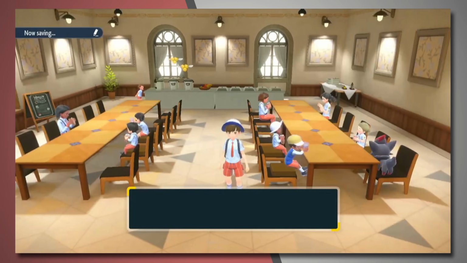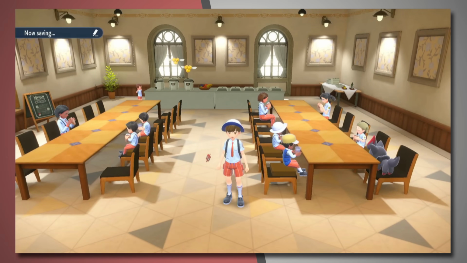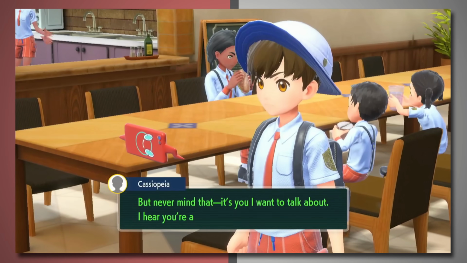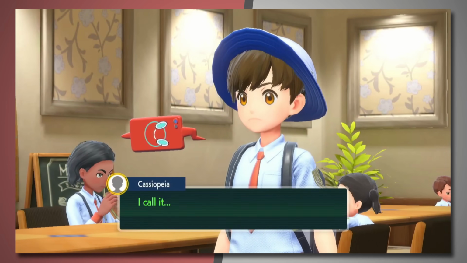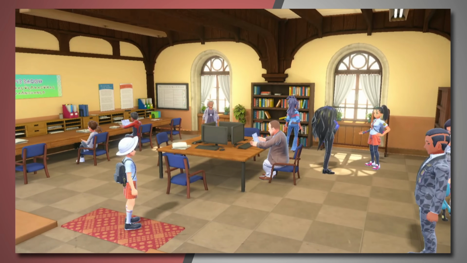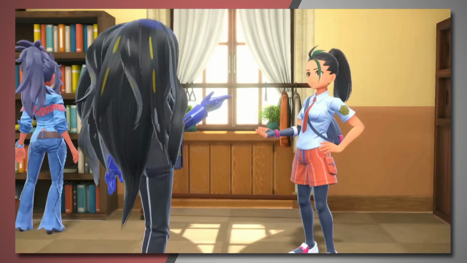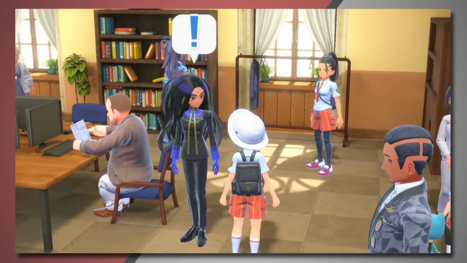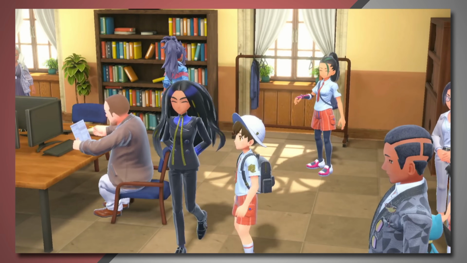Before we can leave the cafeteria, we get an anonymous phone call from someone who calls themselves Cassiopeia. The mysterious caller then asks us to help take down Team Star. Next we head up to the staff room where we find Pneumonia talking to an octopus. It turns out that the octopus is actually a woman named Gita who is the champion of the Paldea region,